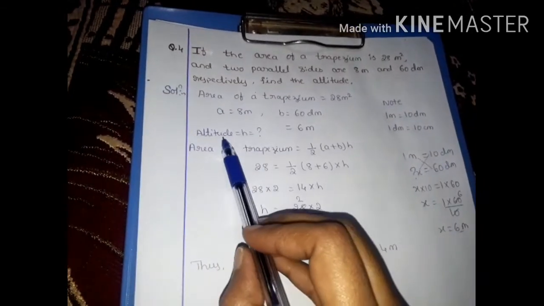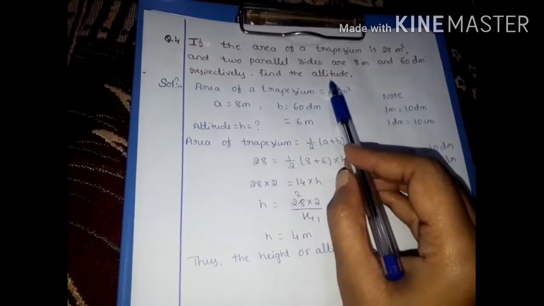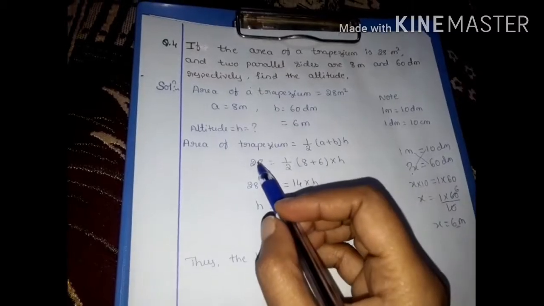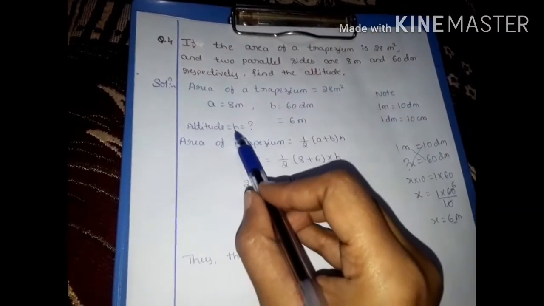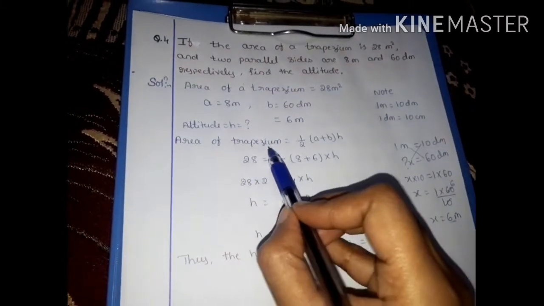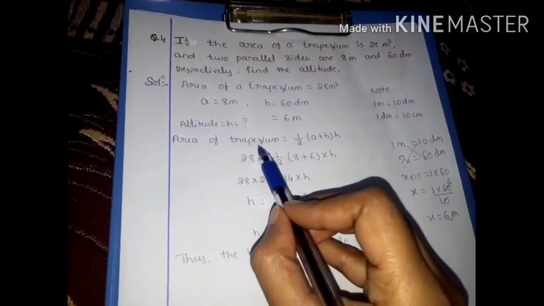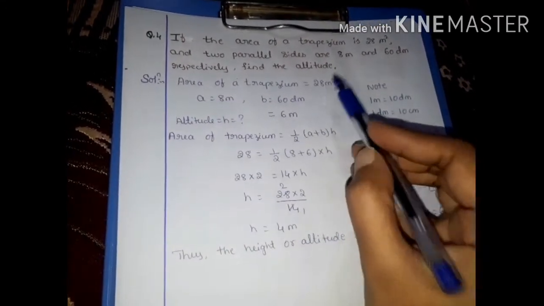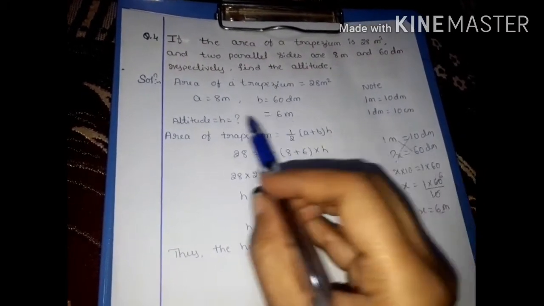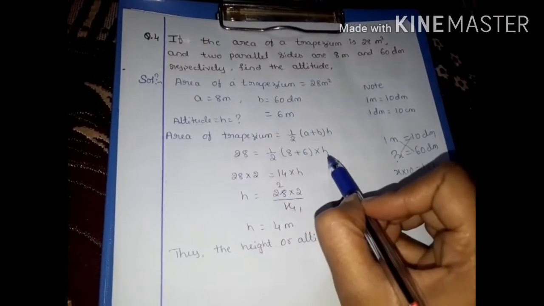Next, here what you have to find? Find the altitude. In the question they ask to find the altitude. Altitude is nothing but height, or the perpendicular distance between the two parallel sides in a trapezium. Nothing but h, keep it as a question mark. You have to find this. The area of trapezium formula is half into (a plus b) into h. The area of trapezium is already given, that is 28, equal to half into, substituting everything else here, 8 plus 6, nothing but 8 meter and 6 meter, a plus b, that is 8 plus 6, into h, we don't know, keep as it is.